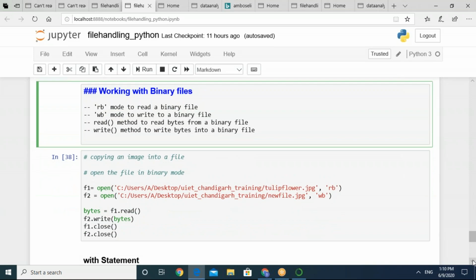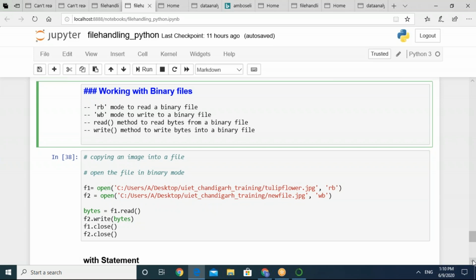As I said, other than text files we are having a lot of file types to be handled. Let's suppose we are having an image file. For this, I have taken an image file from the internet, and I named it tulipflower.jpg. I'm going to make use of a file handler f1. I have read this binary file; the image file is stored basically in binary format. So I'm trying to open it in the file handler.